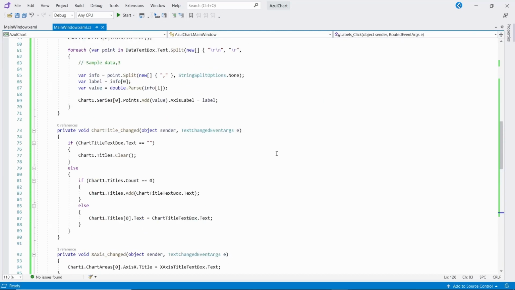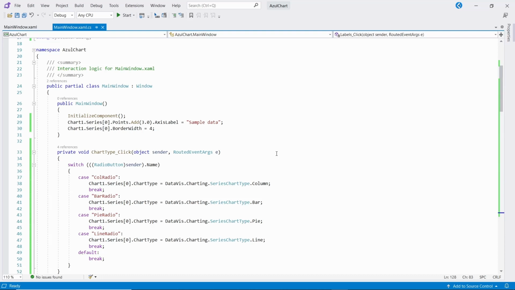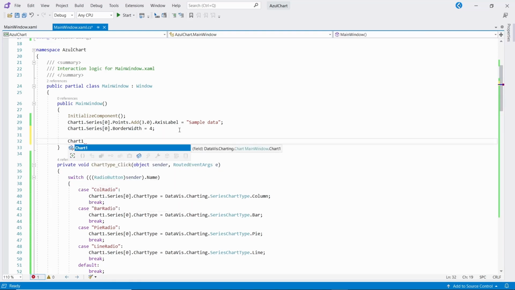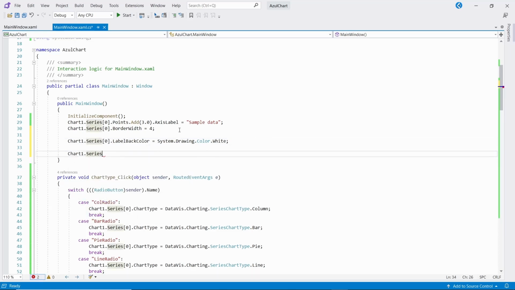Let's go to the initialization function and add in a line of code to set the background colour to white. You may have also noticed that the font is a bit small, especially on that value label, so let's also change the font for the value label, and we do that like so.